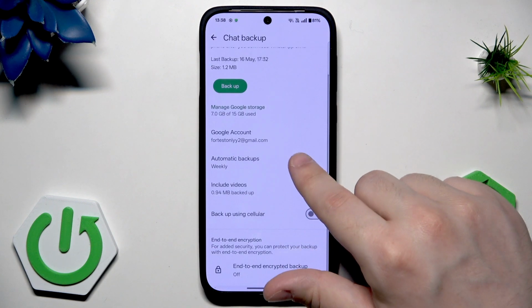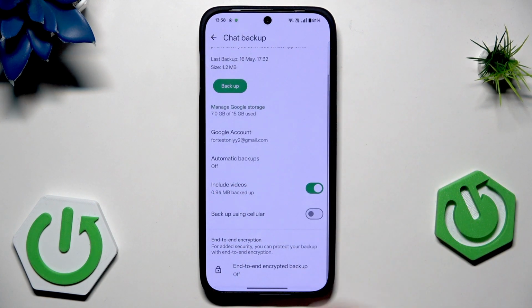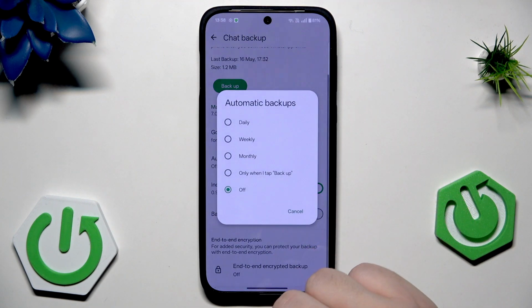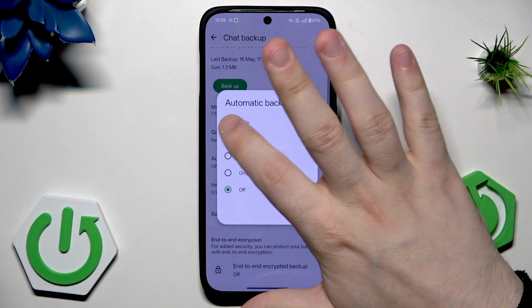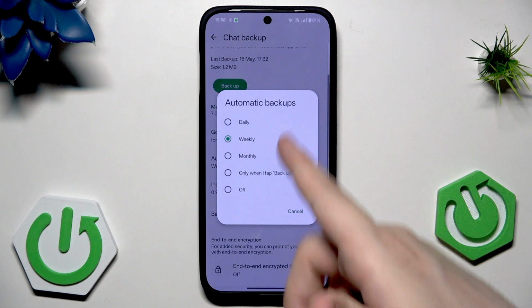Alright, now below we have the automatic backups. Defaultly this option will be set on off, just like that. But we have other options such as daily, weekly, monthly, or only when I tap backup. For example, as you select the weekly mode, basically that means that the backup will be made automatically each week, and I don't need to do this manually. So it's pretty convenient and comfortable feature, and I suggest you should select some of those options